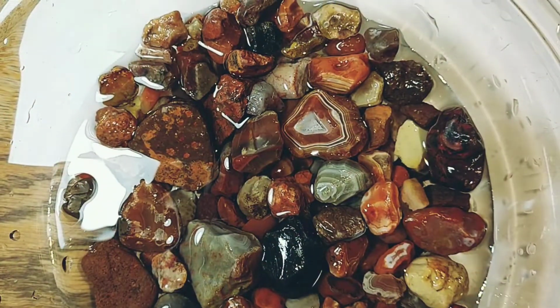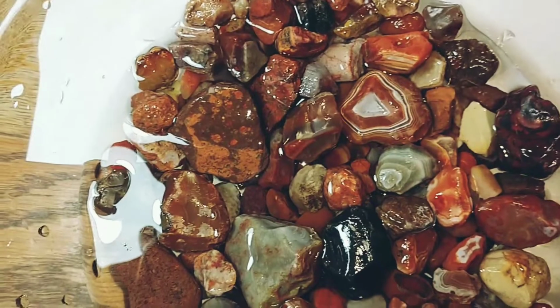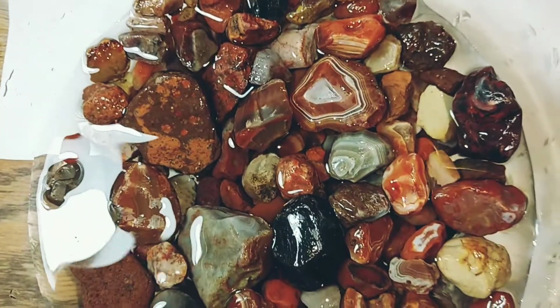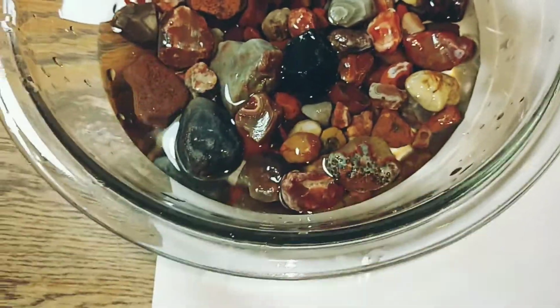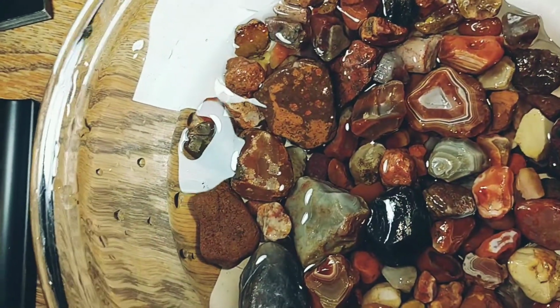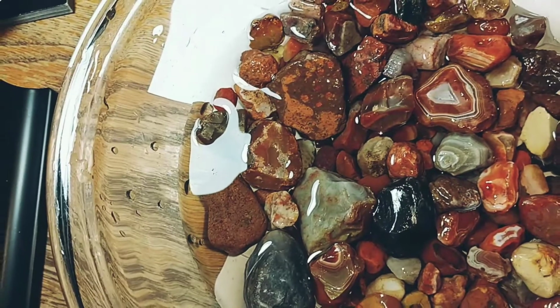All right, in keeping with the theme with Valentine's Day, these are my number one favorite rocks. I can't lie. These are my Lake Superior agates. In this entire batch, this bowl full, which there's actually a lot in here, I found all these this past summer up in northern Minnesota. So